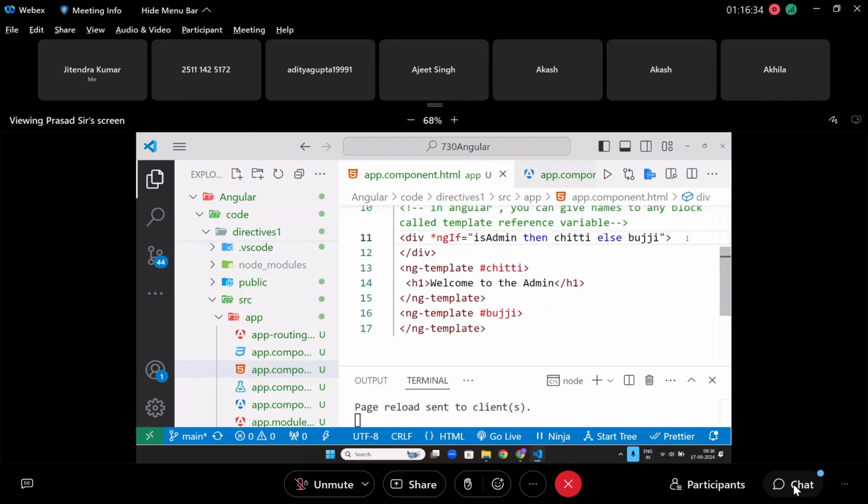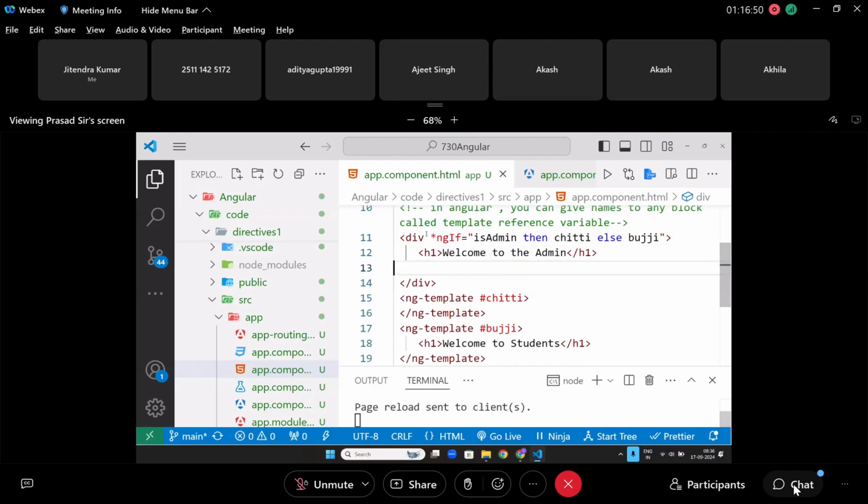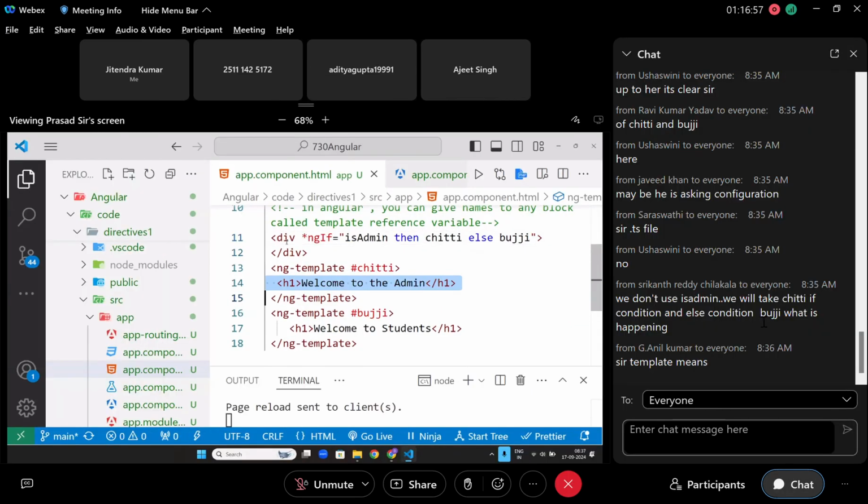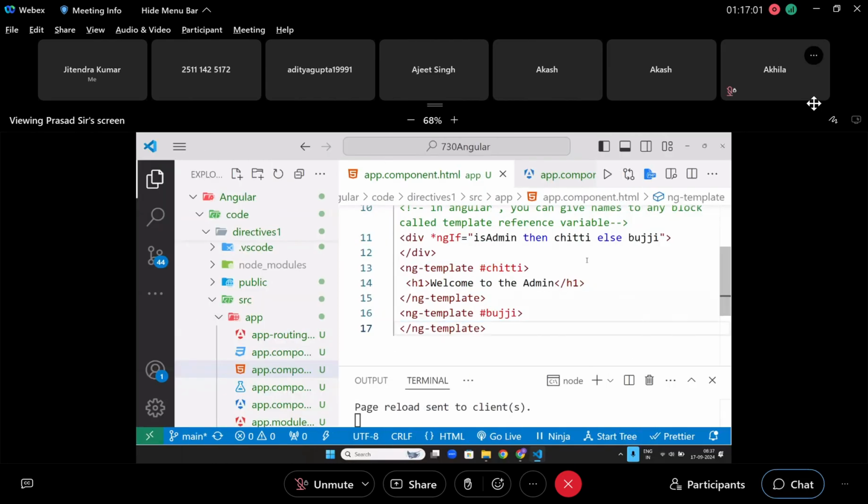Angular is like you have two condition templates, one is Chitti and one is Bujji. Now, if you are saying isAdmin, if isAdmin is true, where will it go? Chitti. Now, inside the Chitti, whatever is there will come here. Ultimately, this div will be there. Okay. Now here, if isAdmin is false, it will go